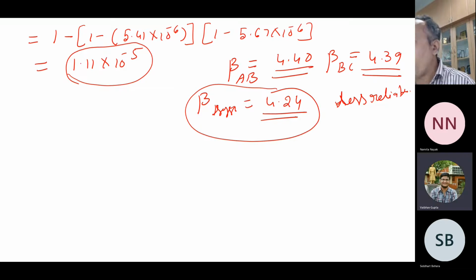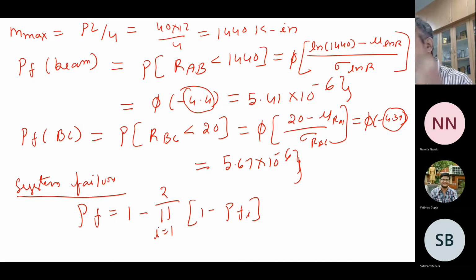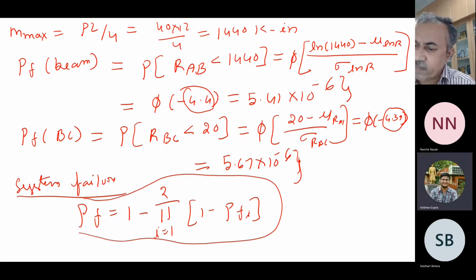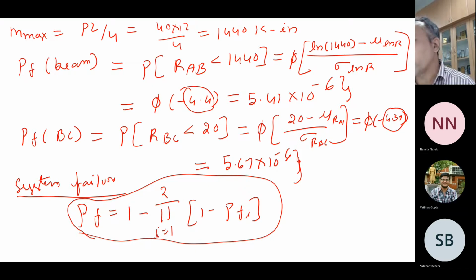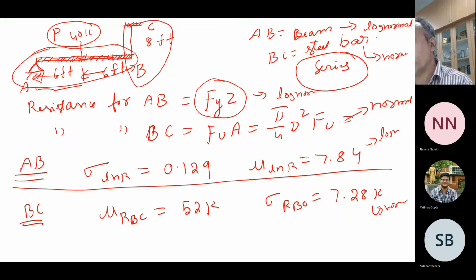What is a bound? Now here, what is the assumption? What have we assumed in calculating this problem? The most important assumption is series system. No, series, that is fine. How did we calculate this expression? All are independent. So here lies your answer actually. If you make the system dependent, if they are correlated, then you can do the design differently. Right now we are assuming that AB and BC are entirely independent or uncorrelated. If you want to make them correlated, all other things will come into the picture.